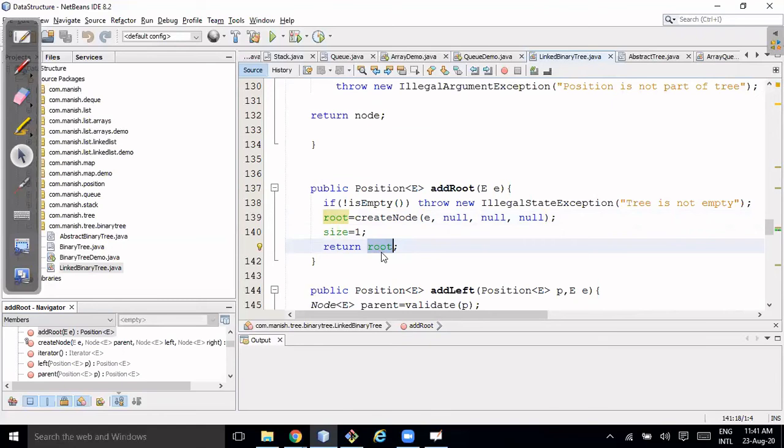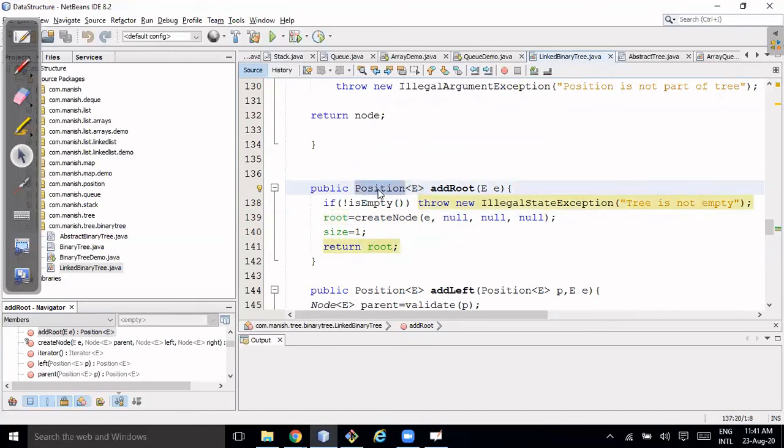But Node is a private inner class, while Position is an interface, okay? And Node is implementing that Position interface. By virtue of that, we are using polymorphism: root, which is of Node type, can be returned even though the return type is declared as Position.